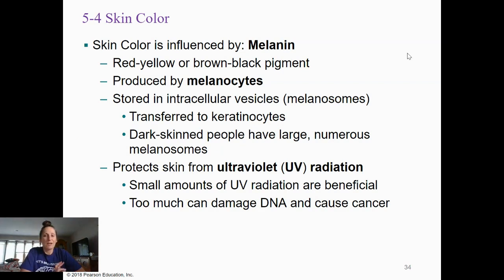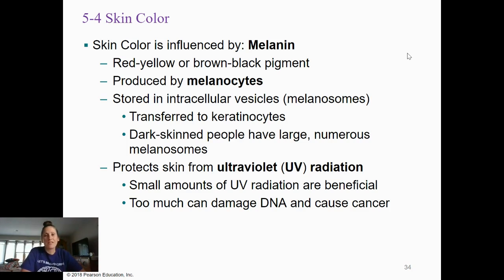The next area of our skin to talk about is something called skin color. So why we have the range of skin colors that we have has to do with a couple of pigments that are located in our bodies and that our melanocytes produce. Skin color is a result of genetics and is related to the evolutionary movement of humans over time. Because the one thing that these pigments, especially the primary pigment, which is what we're looking at first, called melanin,